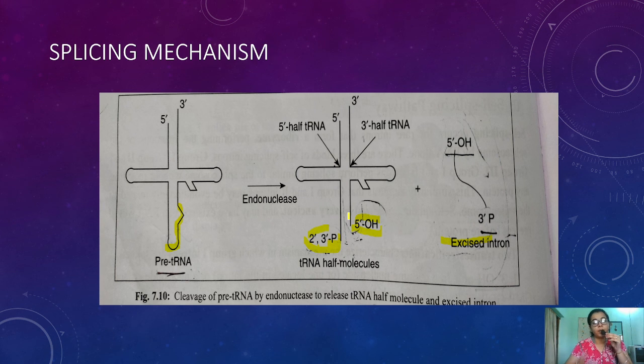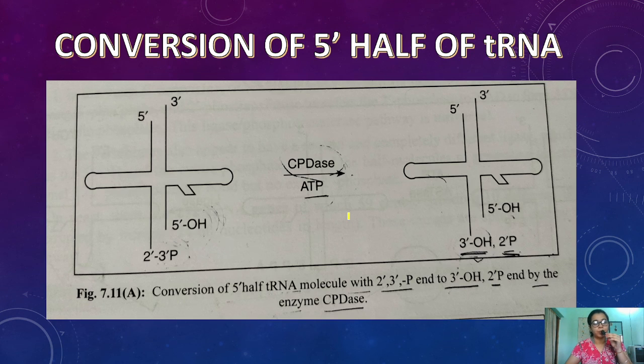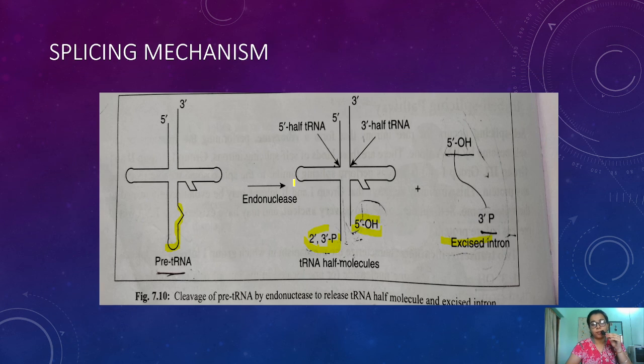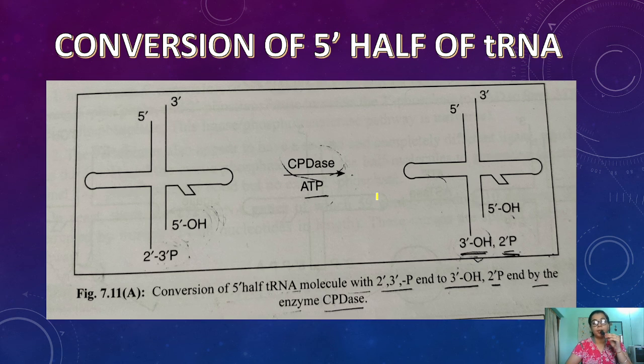So before that, we need to provide the correct bases. Now what will happen? First is the CPDS, cyclic phosphatase, an enzyme that works with the help of ATP, of course. One more thing I forgot to tell you: in the previous step, no ATP is required. While converting pre-tRNA into the 5' half and 3' half of tRNA, no ATP is used. But here ATP is required to convert this 2',3' phosphate into a 3' OH and a 2' phosphate